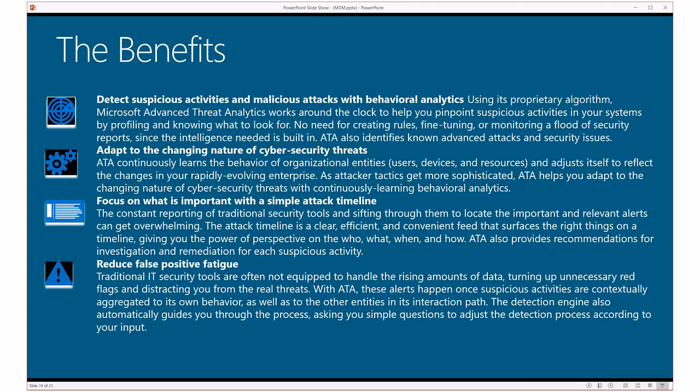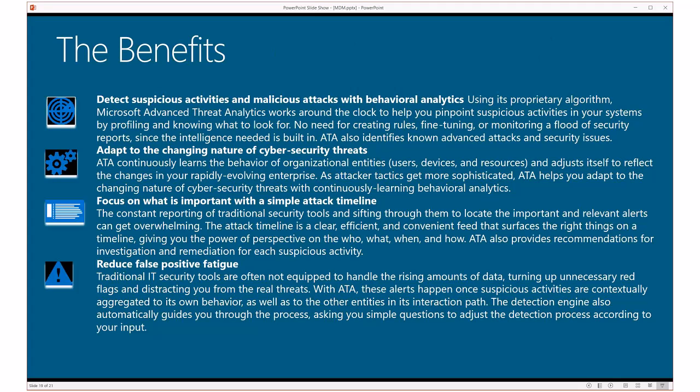So obviously the benefits, I think we've definitely talked a lot about this already, but the big thing is being able to detect these suspicious activities based off of more than just a series of definitions, right? And this is what's going to lead you to not having to wait the 200 days before you identify there's a threat in your environment, because in that case you're only as good as the definitions, right?